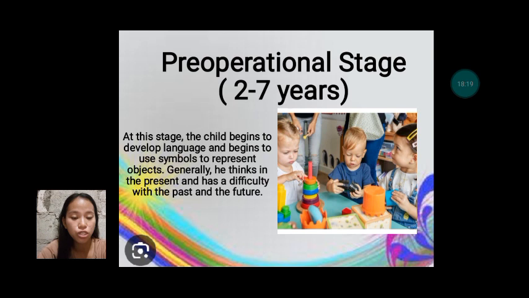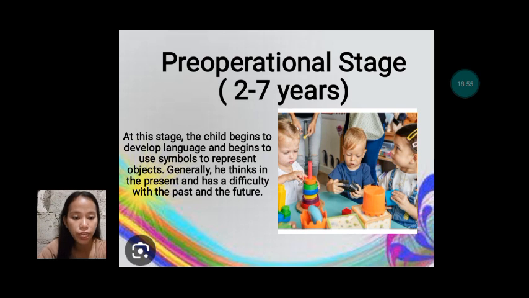At this stage, kids learn through pretend play but still struggle with logic and taking the point of view of others. They also often struggle with understanding the idea of constancy. For example, a researcher might take a lump of clay, divide it into 2 equal pieces, and then give a child the choice between 2 pieces of clay to play with.